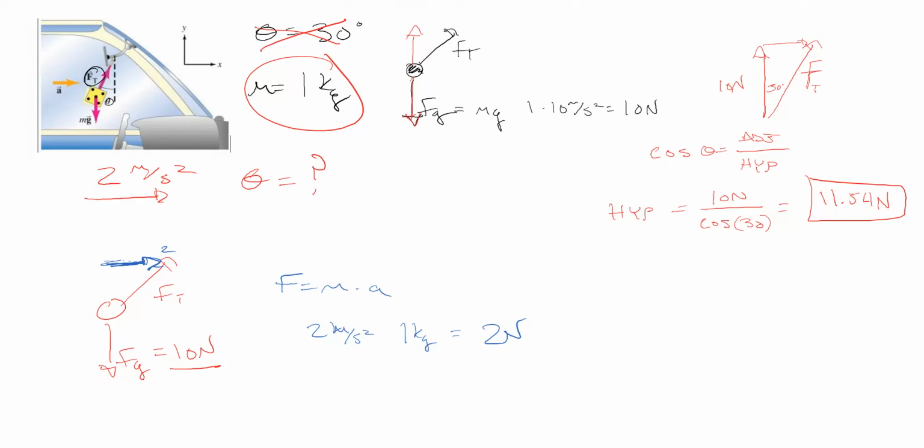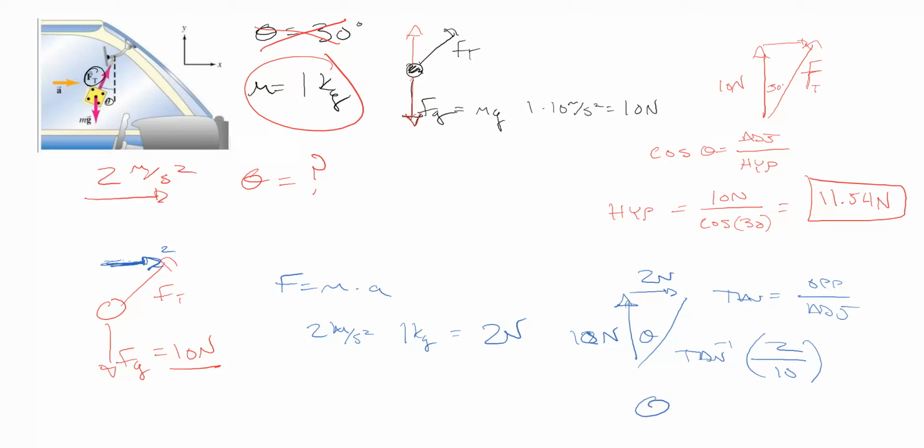So here I'm starting to put together my triangle. This is still 10 newtons. This is going to be 2 newtons. And I'm looking for theta. So I have an opposite and an adjacent. So tangent equals opposite divided by the adjacent. So since I'm looking for an angle, I'm going to take the inverse tangent of 2 divided by 10. So I take the inverse tangent of 2 divided by 10, and I get a theta of